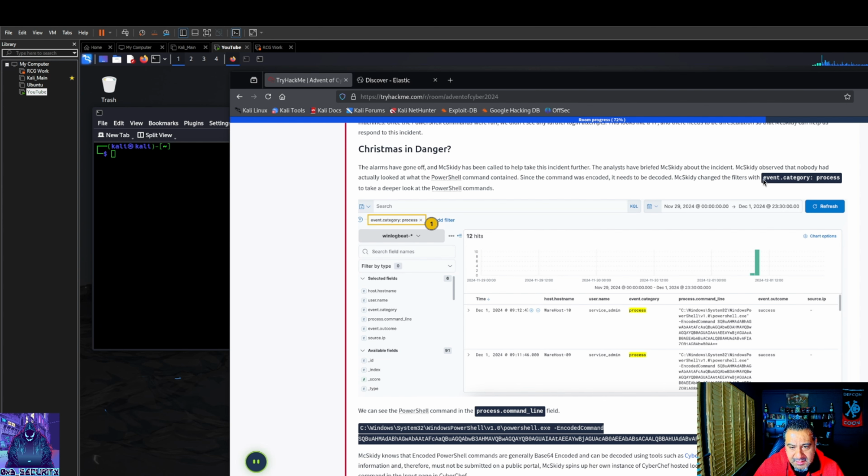Event category process. All right, let's do that right here. Oh, it's on top. Event category. No, it's not there. Event. Visualize event category process.